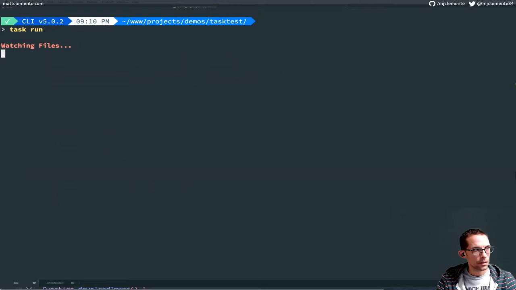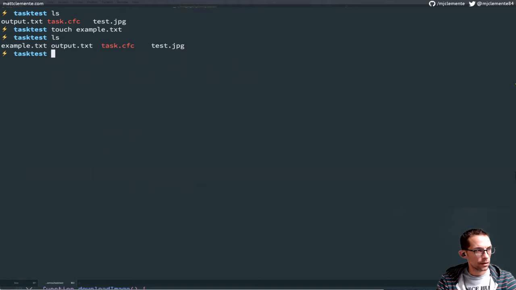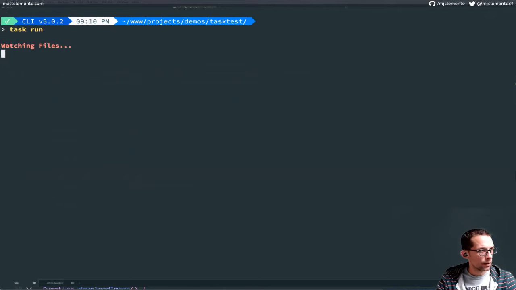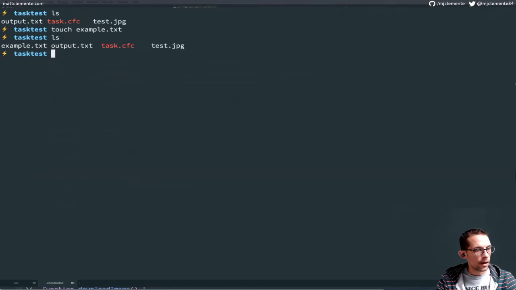Maybe it doesn't necessarily see new files that are added. ls. And we were watching txt files, right? Yeah, we're supposed to be watching txt files. I would have thought that would have triggered it. No,